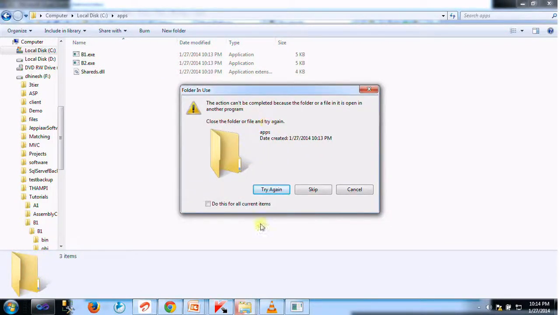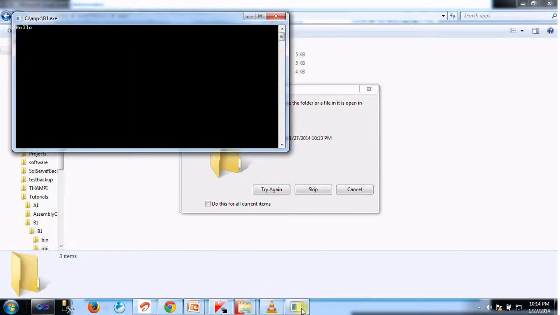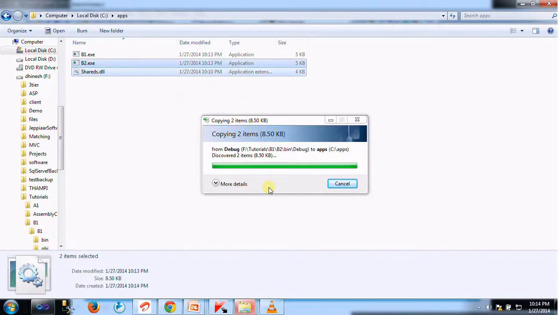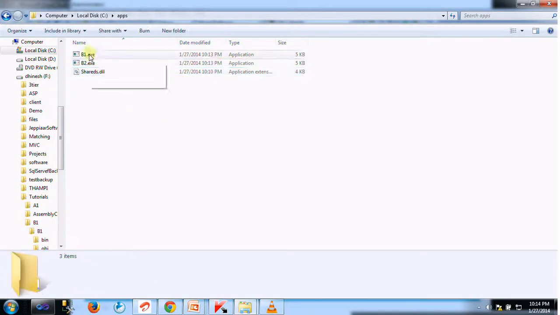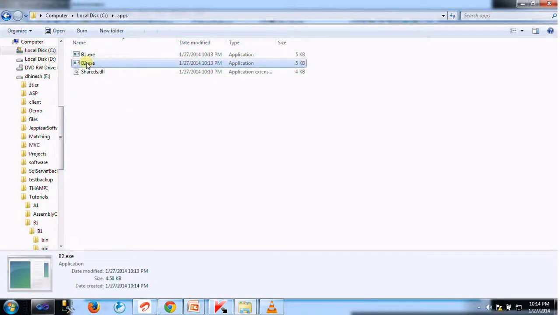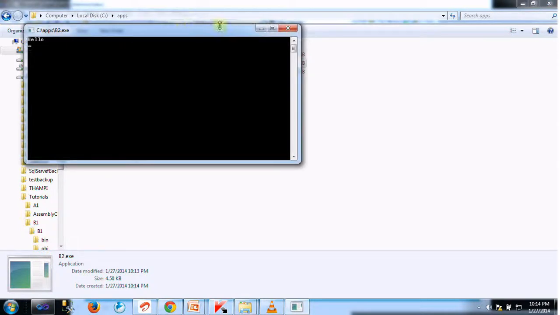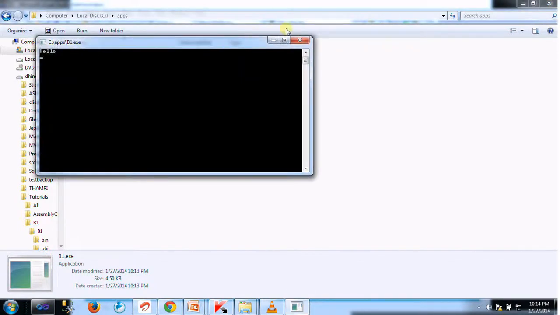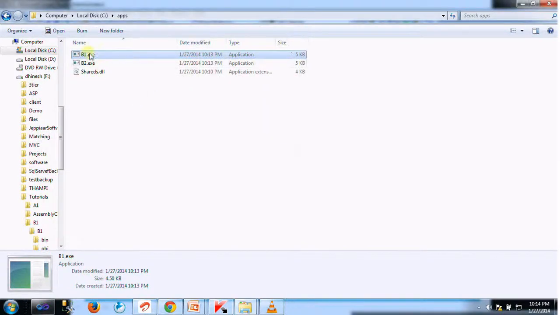Okay, the action can't be run because it's open. Check again, it will place. P2 is running and working fine, and P1 is also working fine, because P1 and P2 depend on the shared assemblies, so it will happily run.